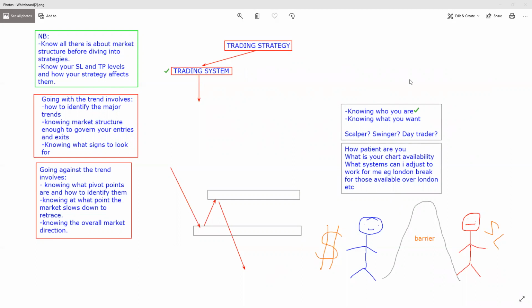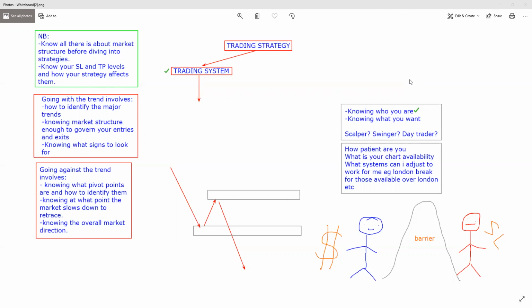And this is not in regards to what you eat and stuff. This is based off your personality. Your personality is like, how risk tolerant are you? How patient are you? How disciplined are you? And things like this show you what kind of trading system you should be looking to apply. Under the trading strategy, you can find a trading system that is more scalping dominant, swinging dominant, or more like the day traders.